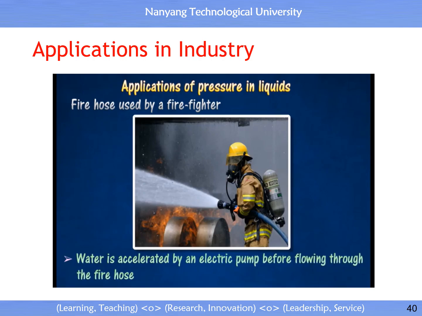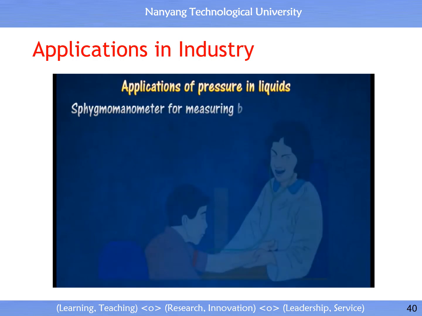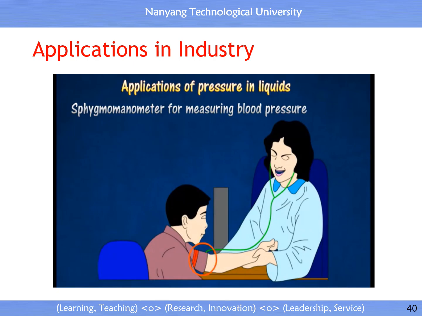the fire hose. A doctor uses a special mercury-filled manometer, called a sphygmomanometer, to measure the blood pressure of a patient. An inflatable cuff is placed around the upper arm of the patient, and air is pumped into the cuff until it squeezes the patient's arm, to stop the blood flow in the arteries. On releasing the air in the cuff slowly, the doctor takes the maximum blood pressure reading